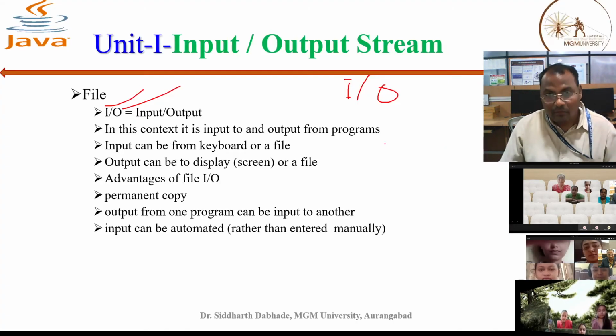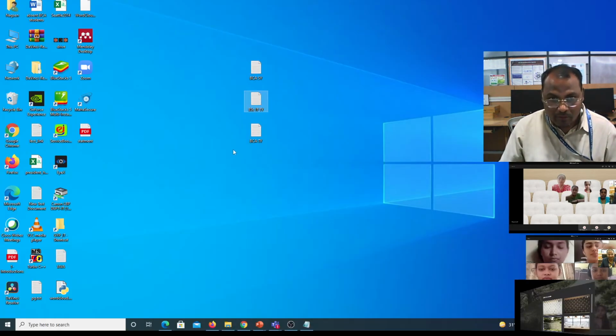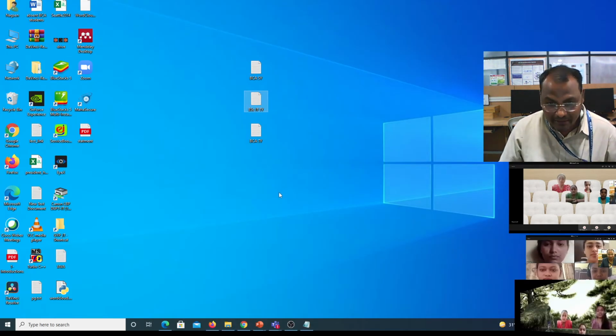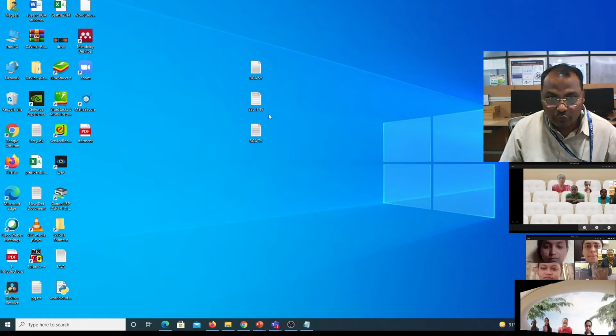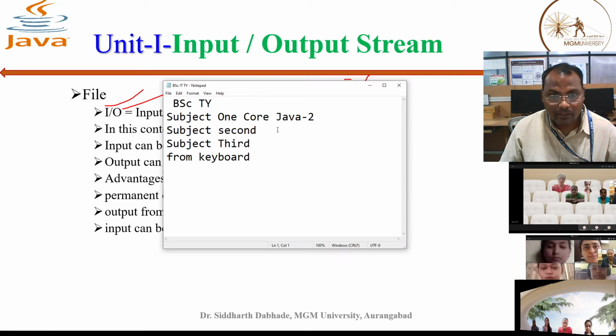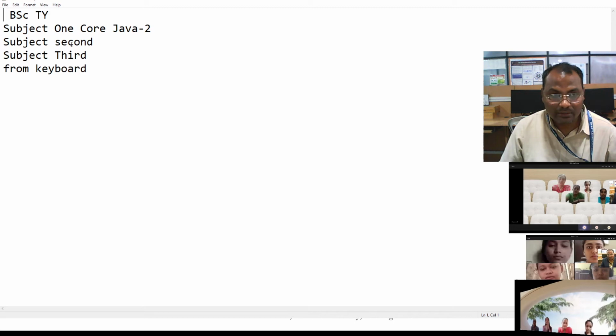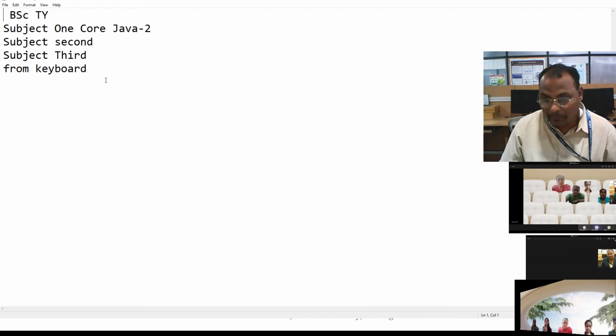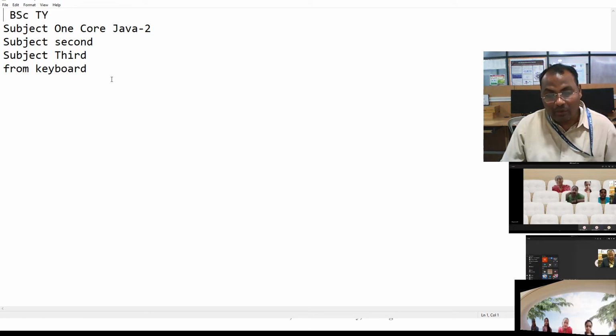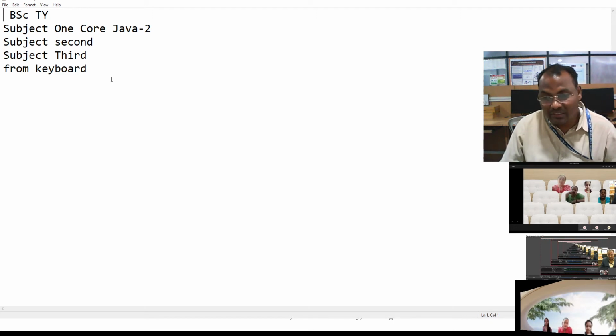Now you are looking towards the screen, and I want to show you what is written inside this file. It will be visible once I double click here. The output is what you are looking at with the help of a display, but to your display you are getting this file as an input.